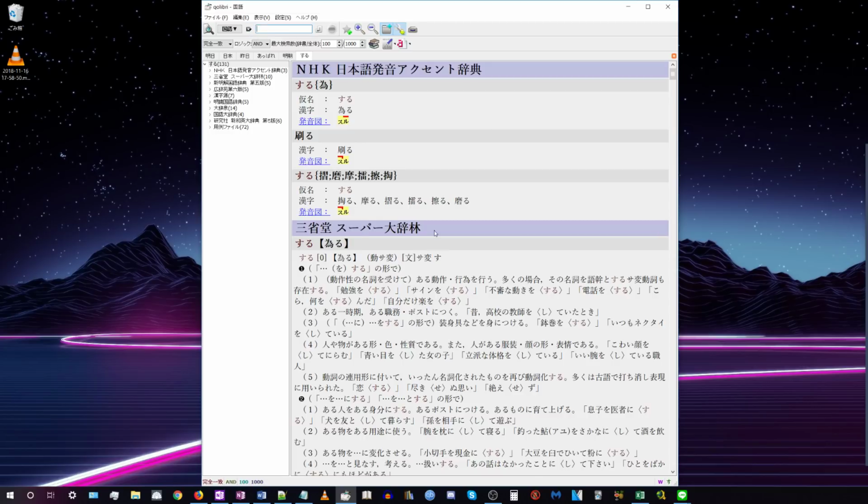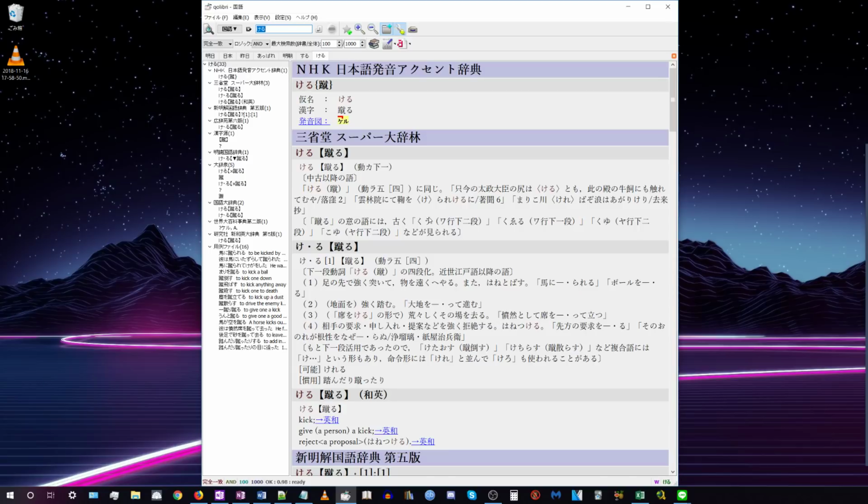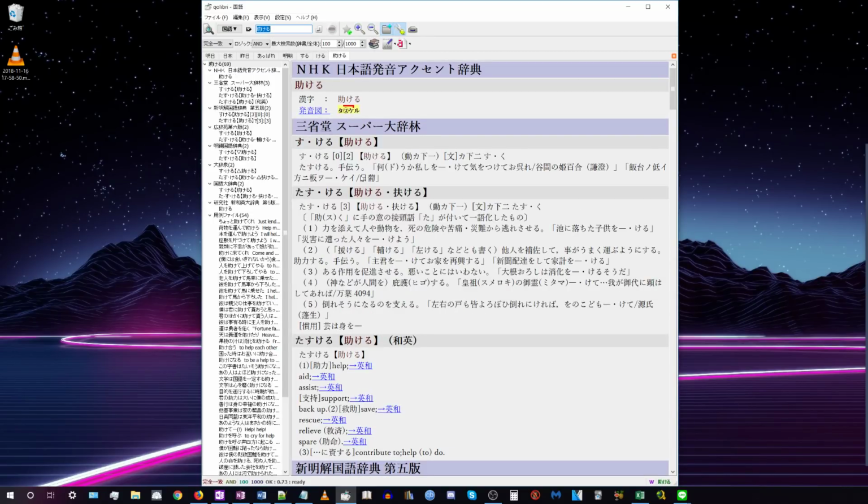Sometimes they will be the same in classical Japanese and in modern day Japanese. Like this time they're both sahen. But if we look up, for example, keru, then we'll see that. Oh, actually, that was a bad example. Let's see. Tasukeru. We'll see that in modern day Japanese, it's a doshi, and then this ka right here means that the part of the verb that conjugates starts with a k.